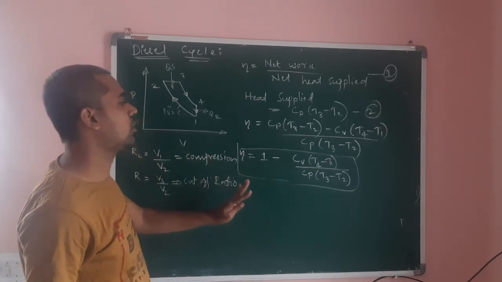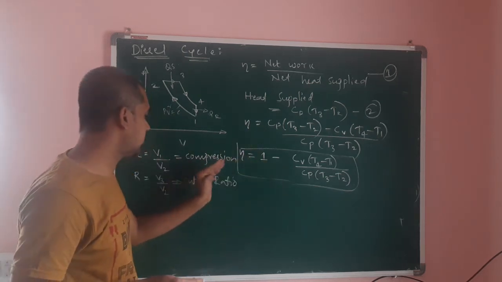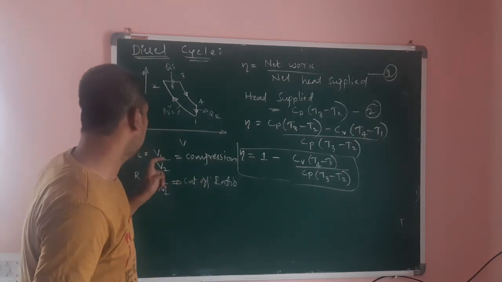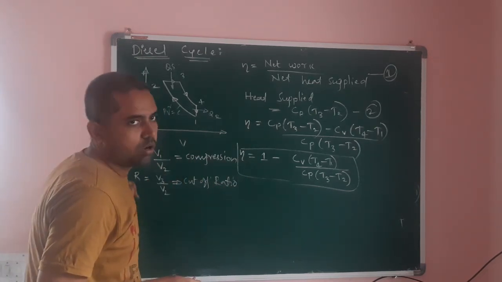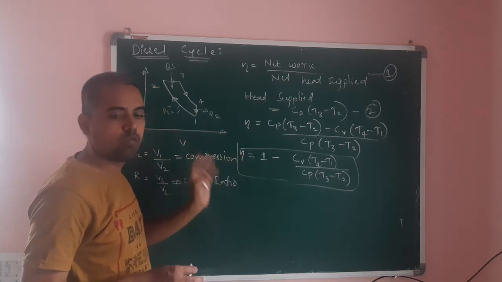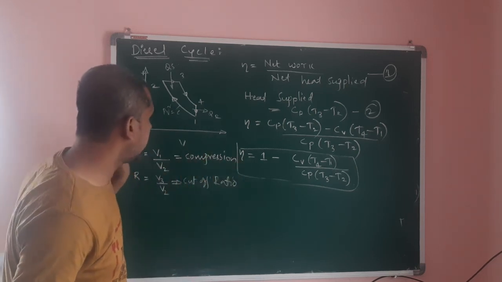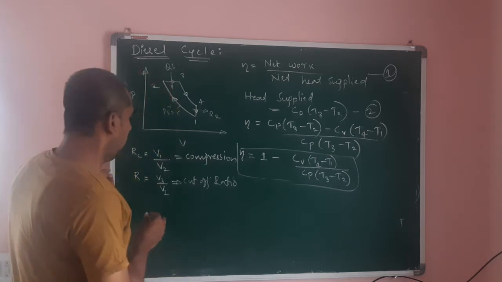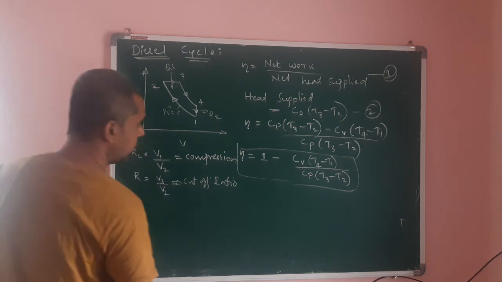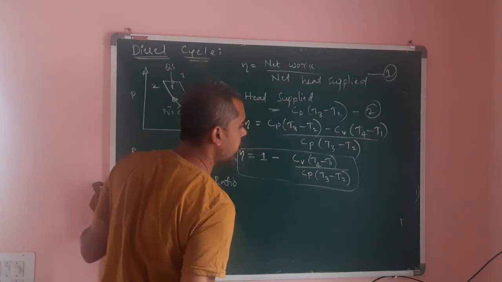To do that, what we will do? We will express T2, T3 and T4 in terms of T1 and these terms. Then we can simplify easily. Why we want to express these in terms of RC and RA is because they are non-dimensional. We want to reduce the dimension because efficiency is also not having any dimension. We want to make it non-dimensional. Therefore, we will reduce like this. Now, for the process, these are the two terms you have to note down. I will express T2 in terms of T1, T3 in terms of T1 and T4 in terms of T1.